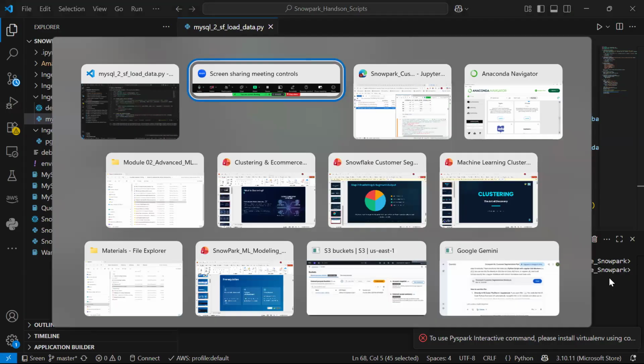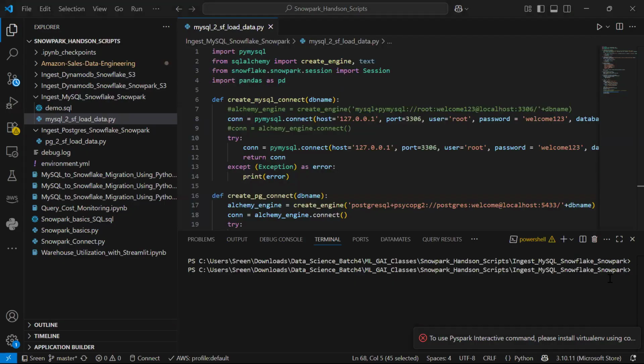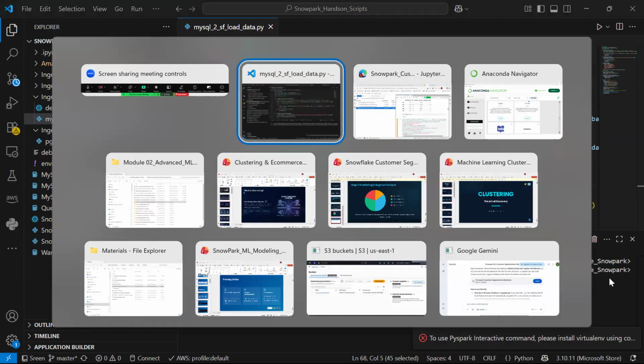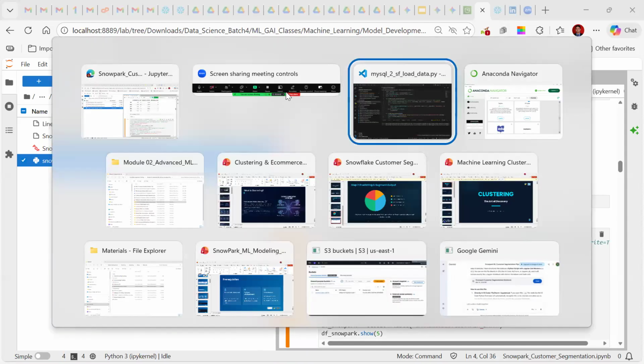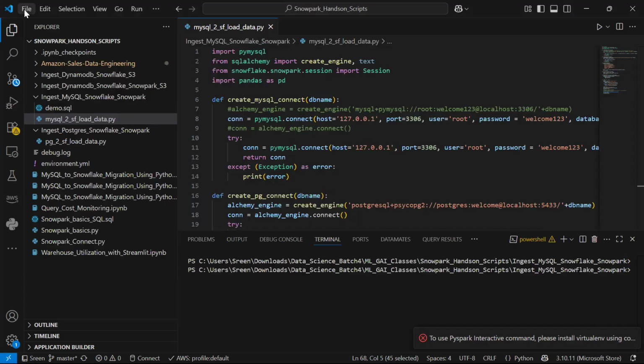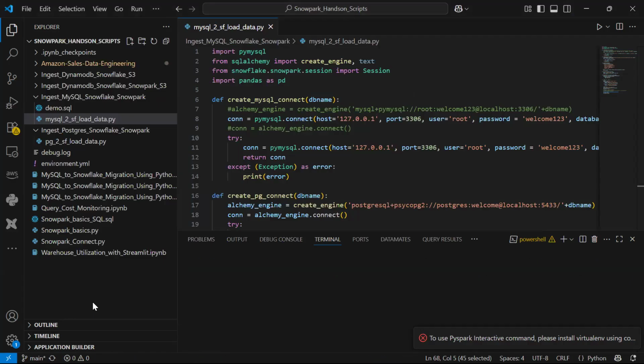If I open the same script here, let me show you. Let me save it. Yeah, that one is working, I know. I will test the same script, let me open from here. I close this folder. Let us try from here.